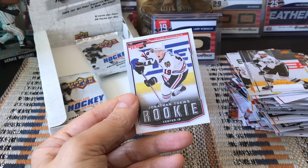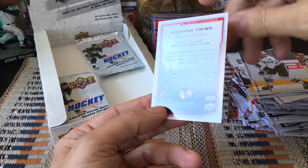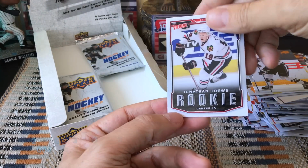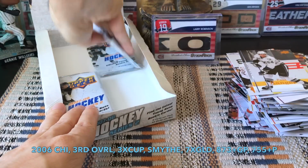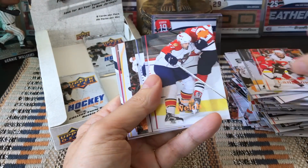Oh, cool. Check this out. So we actually hit the Jonathan Toews Victory Update rookie card. So that's awesome. That is really nice. It's just a base one, and of course it's sort of like a $5 card, but of course he was a 3rd overall, drafted out of the University of North Dakota. Captain, Jonathan Toews. And continuing on, Lankow, Welch,